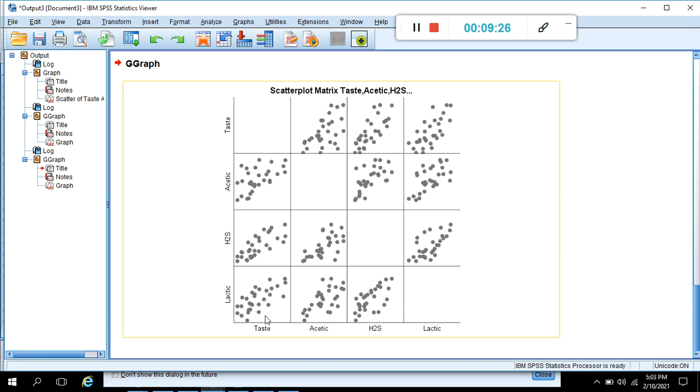In some cases, it doesn't make any difference which variables are x and y anyways. In this case, I would say that y is generally going to be taste because it's an output. It seems to me like we're looking at taste as a function of the different acid levels. So we would be more interested in looking at these and these, even though they're redundant. So the taste by acetic we've already looked at. That's this one. Then we have the taste by